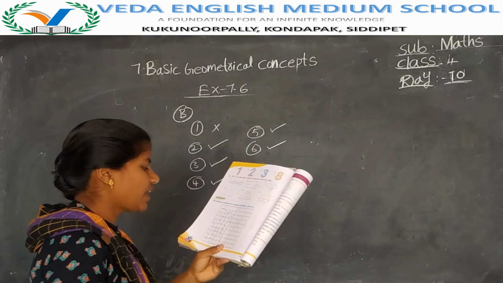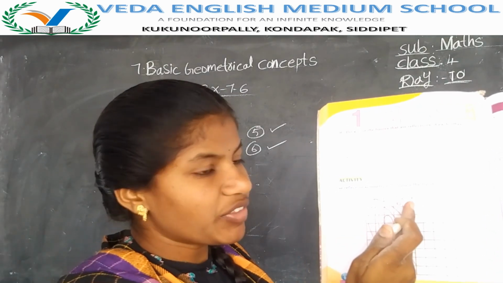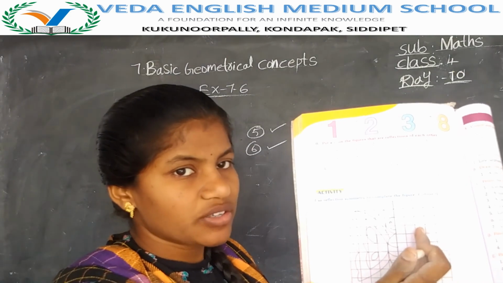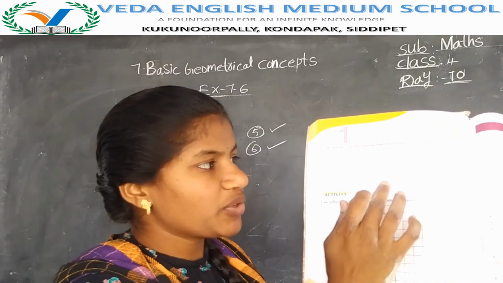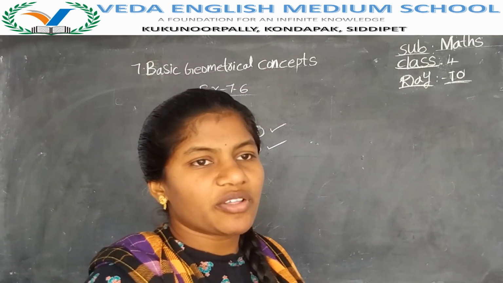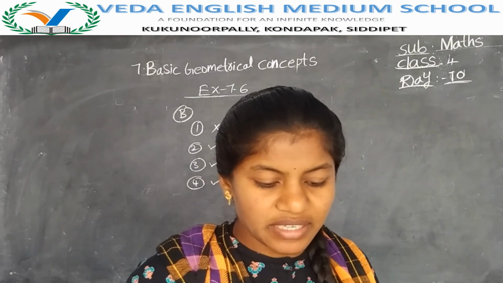Up to here completed activity. If you want to complete this activity, then you can draw this. Then half of the butterfly they have given, remaining here. If you are interested, then you have to draw the remaining here. So complete your homework up to here. Up to here you have to write in the notebook. There is no need to write this butterfly in the notebook. Complete your homework up to here. In the next class, you will learn about the next chapter, that is time. Okay, children.